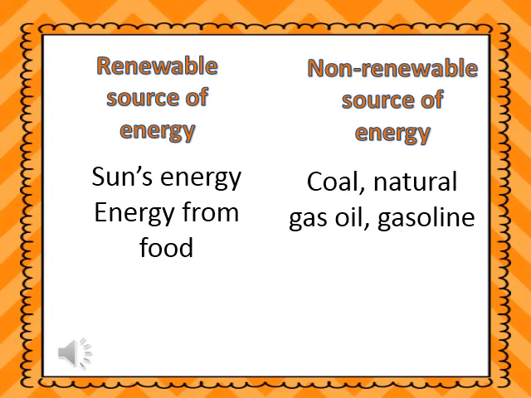There are two sources of energy: renewable sources of energy and non-renewable sources of energy. Many sources of energy are renewable. After a tiring day, you can replace the energy you used by eating food again. Or the plant can take the energy again from the sun. The sun's energy or the energy that you get from food are renewable sources of energy. And gasoline, natural gas, and coal are fossil fuels, so they are non-renewable sources of energy. Once we have used these kinds of energy, it's hard to get them again because they are naturally formed.